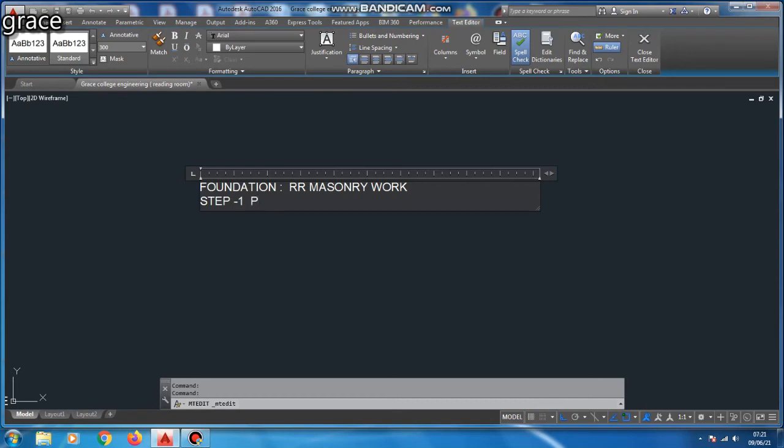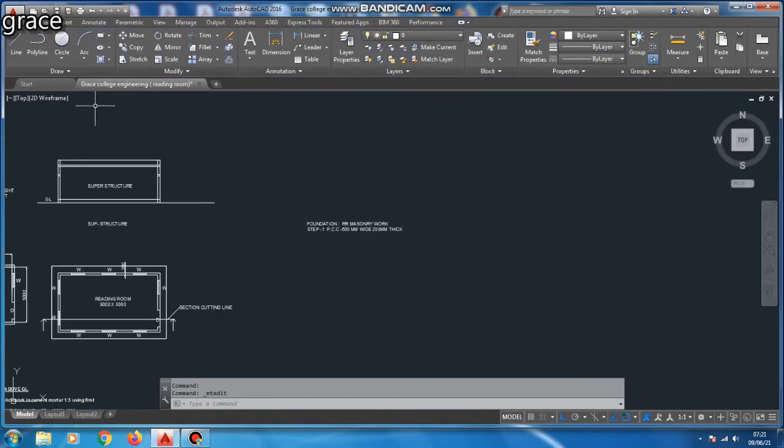Okay, next step 1, we are going to select PCC, that is plain cement concrete, 600 mm wide and 20 mm thickness. So the foundation is placed 600 mm below the ground level.